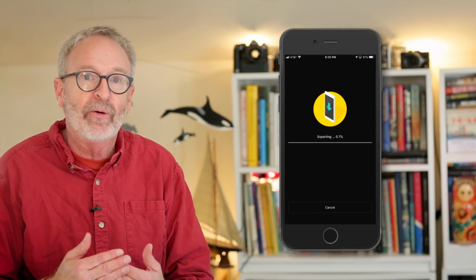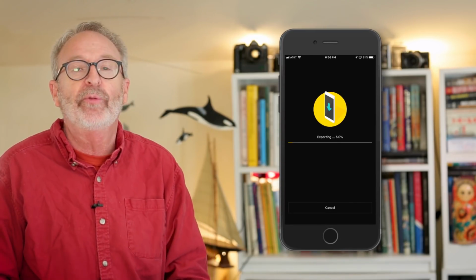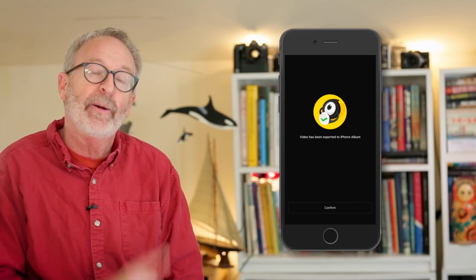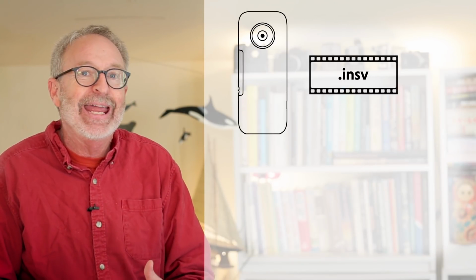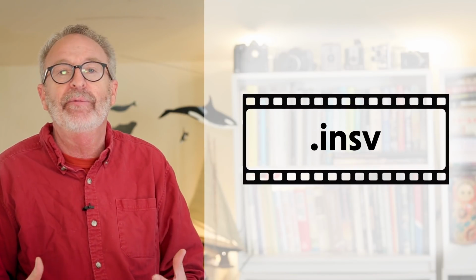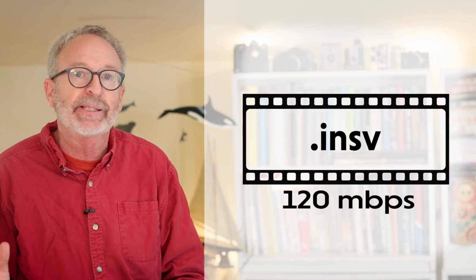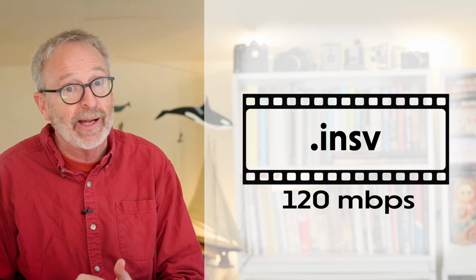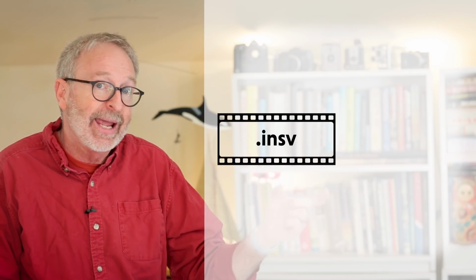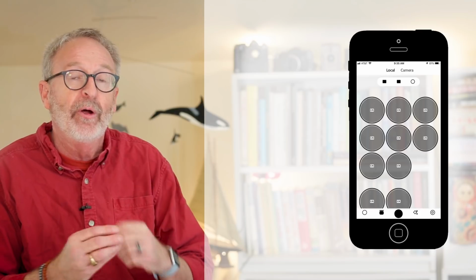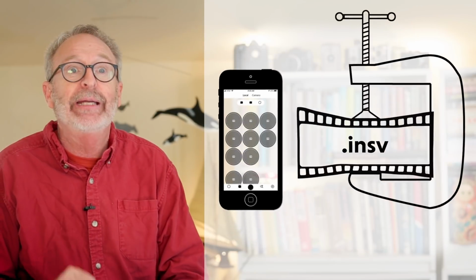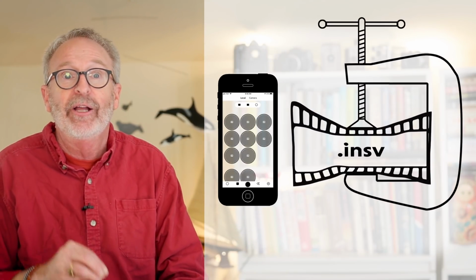Here's the rub. My goal in production is, whenever possible, to avoid stepping on my footage with unnecessary compression. Yeah, so? Well, this camera creates source files in a proprietary format. These .insv files are essentially a modified MP4 topping out at 120 megabits per second. Not great, not awful, but it's still an MP4 file. That means it's compressed. But when I take this source footage, bring it into my phone, modify it in the app, make it all pretty, and export it, I'll be creating a new, even more compressed MP4 file